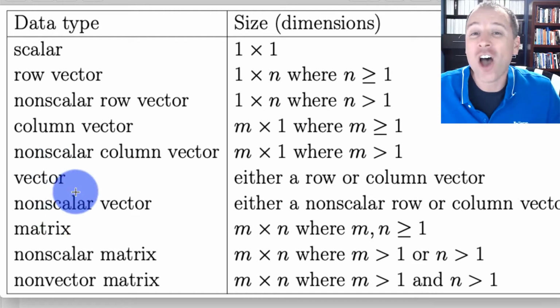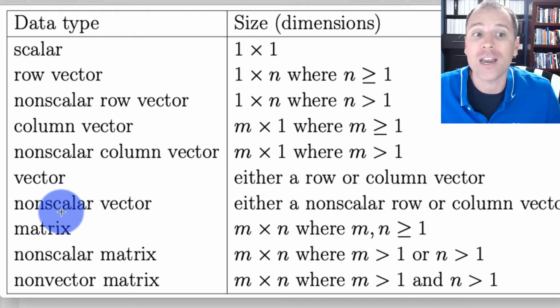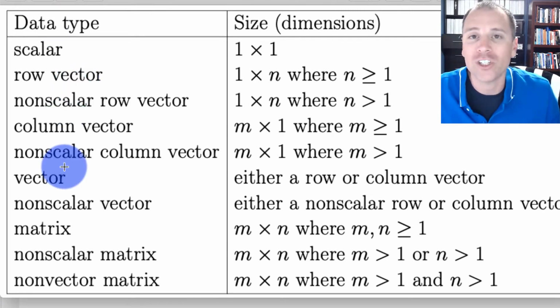When we say a non-scalar vector, we mean either a column vector or a row vector where one of the dimensions is definitely not equal to 1 and the other one is definitely equal to 1. So a non-scalar vector is a vector that is definitely not a scalar. That could either be a row vector or a column vector. We're leaving it open to interpretation. Remember, laziness sometimes causes pain, which is in this case ambiguity.